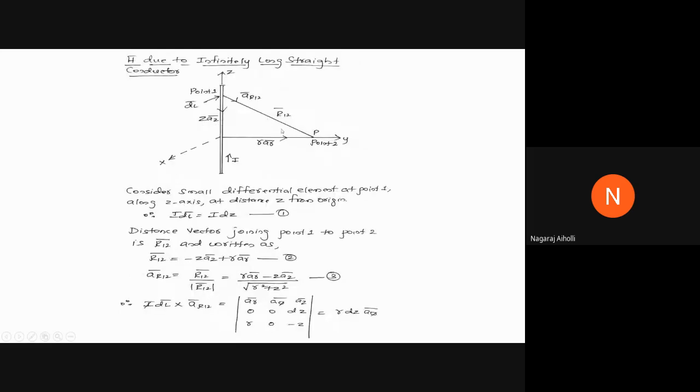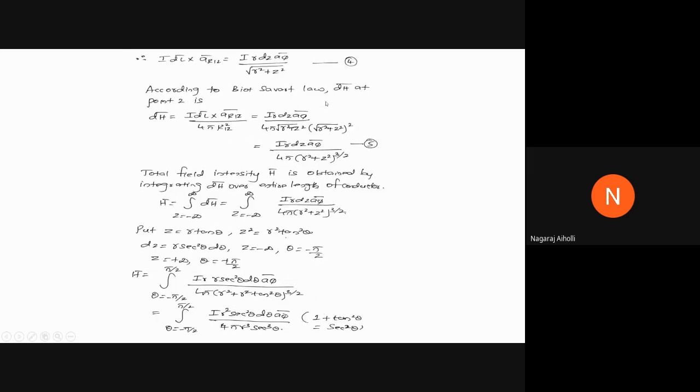This is one way. Another way is you can consider this same in the determinant. Instead of what we are doing now, you can consider this term as r divided by square root of r square plus z square, 0 and minus z divided by square root of r square plus z square. And if you solve it, you will get the same equation. Okay, you can just try out that, or you can neglect this here at this particular step, and then you can consider the same at the next equation.